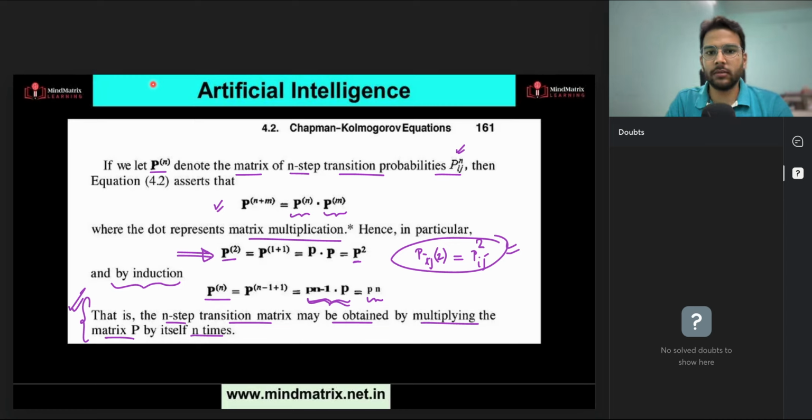Let me check the speed. It is more than 100 Mbps only. I don't know why it is happening, but